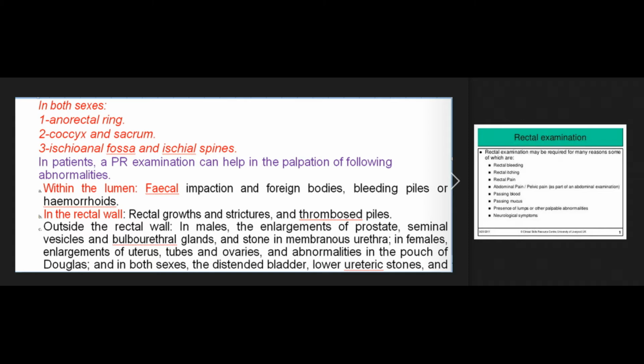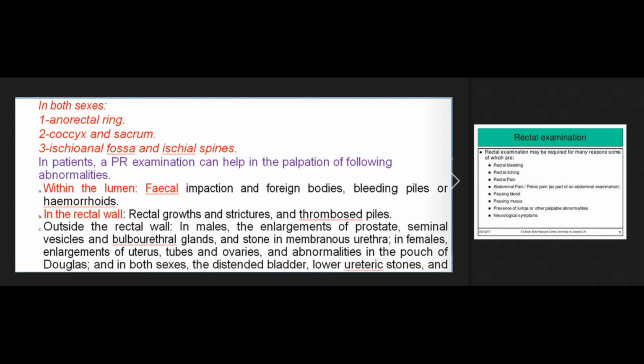A. Within the lumen: fecal impaction and foreign bodies, bleeding piles, or hemorrhoids. B. In the rectal wall: rectal growths and strictures, and thrombosed piles. C. Outside the rectal wall, in males: the enlargements of prostate, seminal vesicles and bulbourethral glands, and stone in membranous